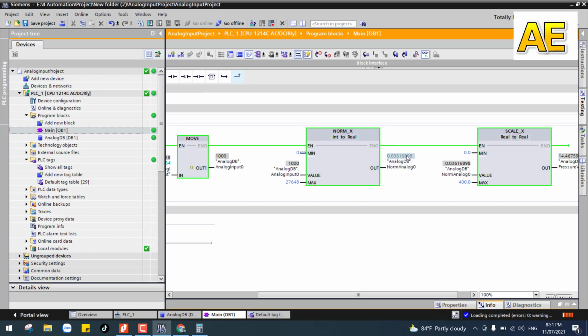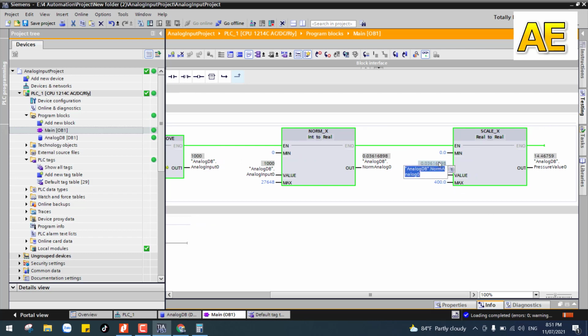This means the value is 0.036. It means 1000 in the range from 0 to 27,648, if you convert, is the value 0.036 in the range from 0 to 1,